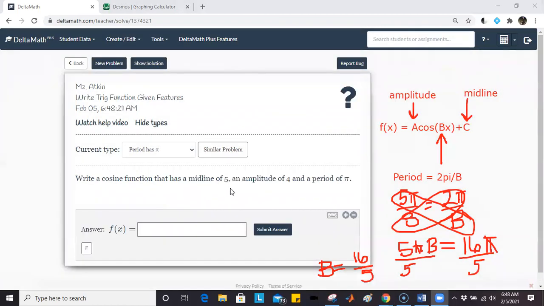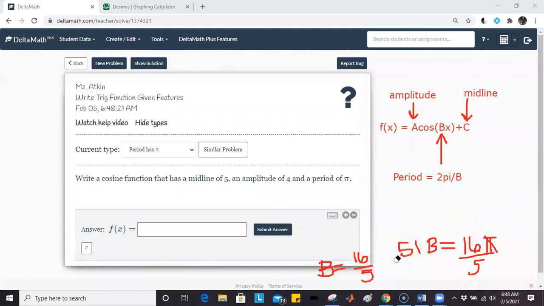Another cosine function that has a midline of 5, an amplitude of 4, and a period of pi. So let's keep our function and erase all this so we can solve for another one. This one, midline of 5, amplitude of 4, and a period of pi. So really all we're solving for here is the period, because the amplitude is just going to go in the front, midline in the back. So in this case, our period is pi. So pi equals 2 pi